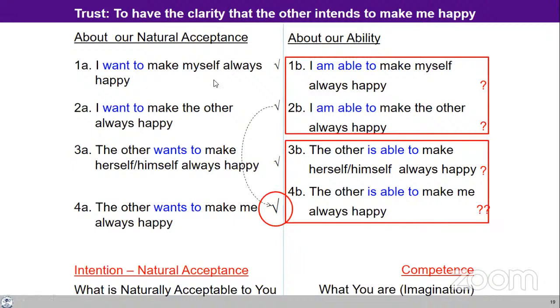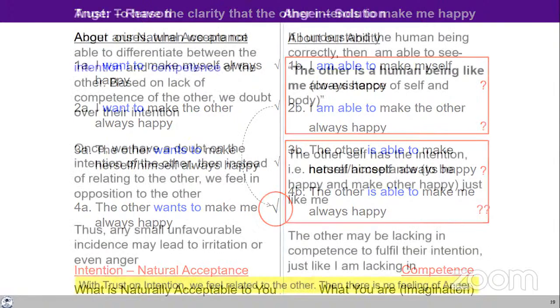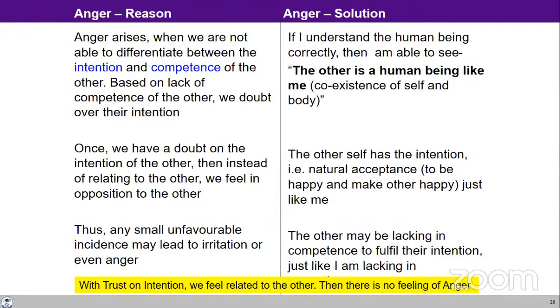These two questions are related to me the same way; this one is related to the intention of the other person. So doubting the intention of the other, that's the reason for the issues in our relationship. With trust on intention, anger also can be a reason. Reaction is there. Anger arises